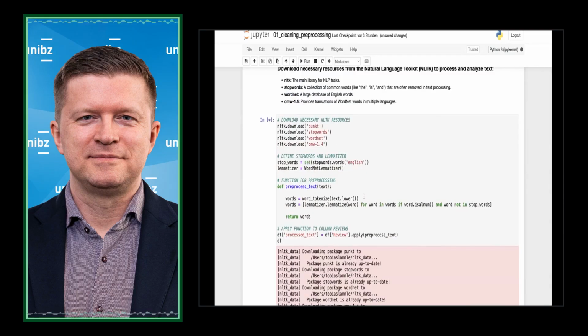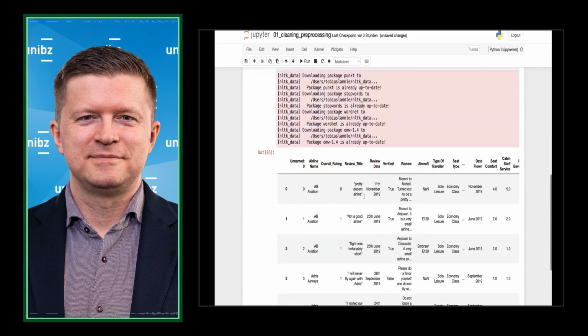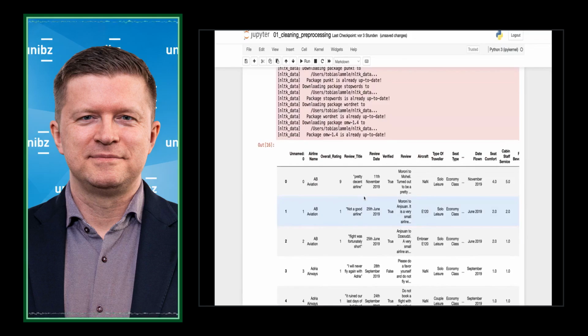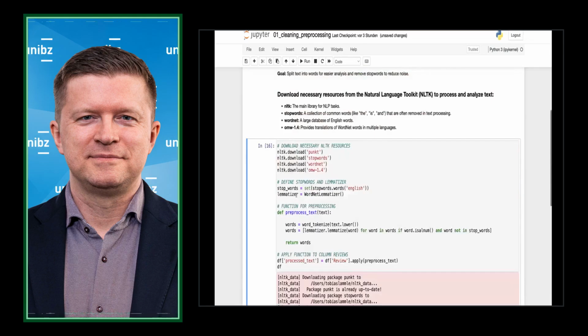This could probably take a little bit of time. No, it's finished. Because I was just thinking, okay, 25,000 is not really, really small, but it's okay. So that's the output. That is our review column after we pre-processed, after we got rid of the stop words and after we lemmatized the text. So we can work with that right now.